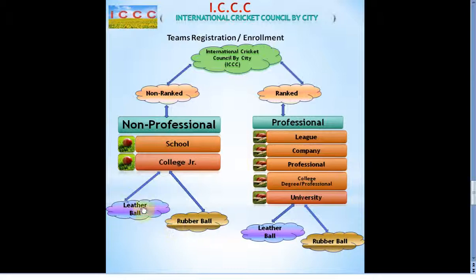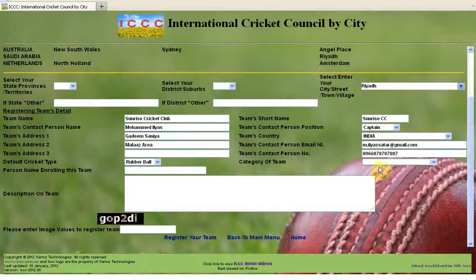So the information on leather and rubber is captured separately for non-ranking, but their cricketing career is captured under non-ranking for the non-professional, which is school and junior colleges. These are basically the two categories, professional and non-professional. In our case, ours is professional, so I'll say professional.